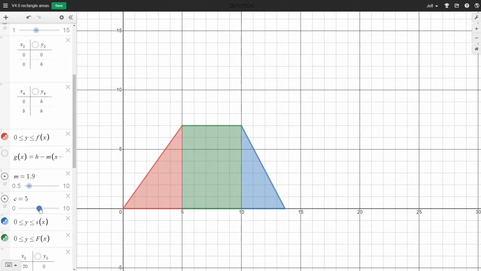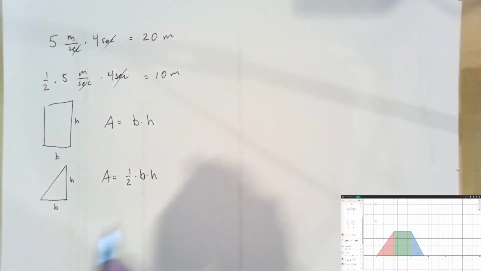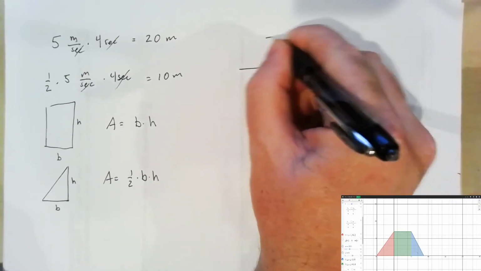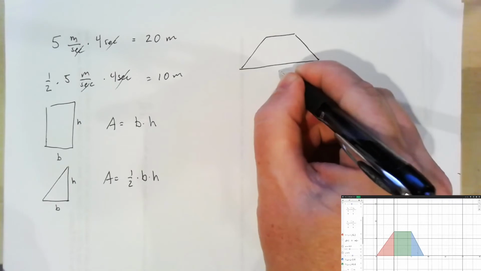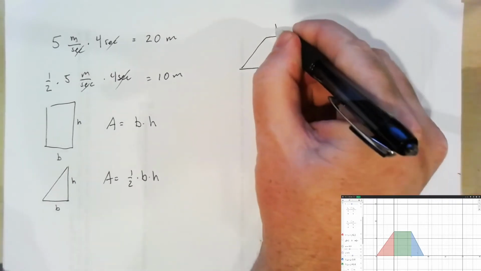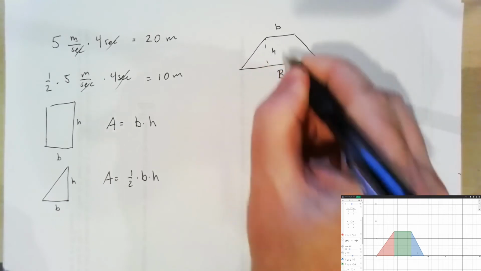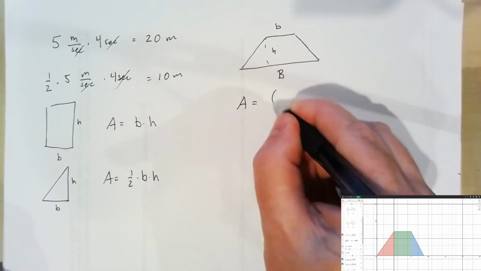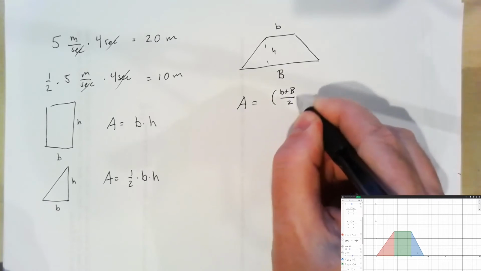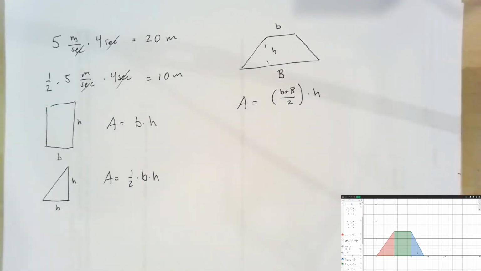Now we have a figure called a trapezoid. What's the area of this trapezoid? Well, it's the area of a rectangle plus the area of this triangle plus the area of this triangle. So you could easily find that yourself. We could also develop a formula for the area of a trapezoid. It turns out in general that if we have a trapezoid with a bottom base capital B and a top base little b and a height h, that the area of this trapezoid is the average of the top and bottom lengths times the height. Again, you can prove that using the formula for area of a triangle.